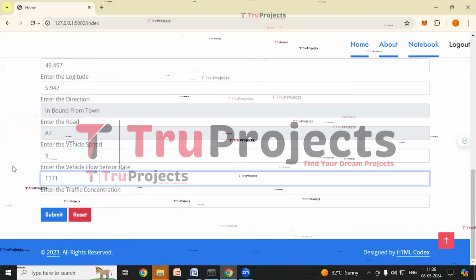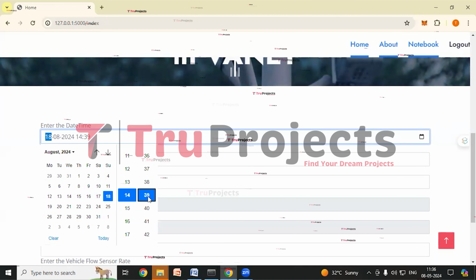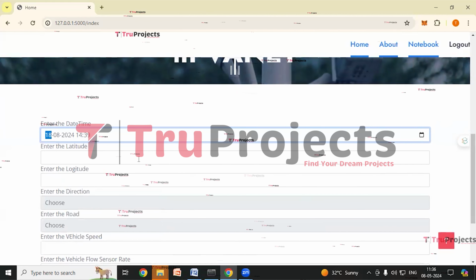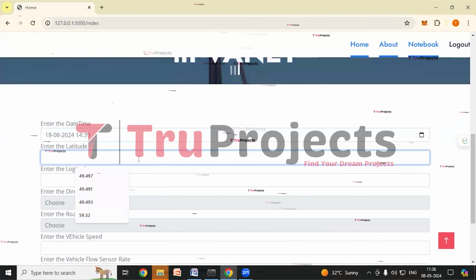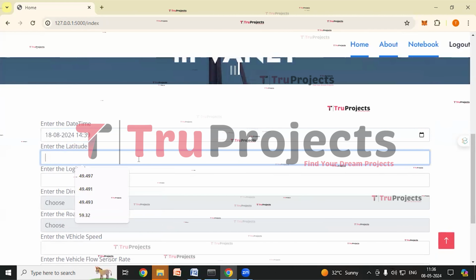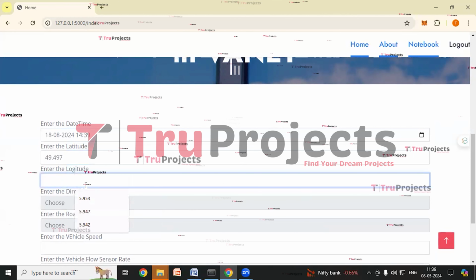Here we can see the result that is based on the speed and vehicle count. The network traffic is impossible. Click on home link, select the date and time. So latitude would be 49.497. Longitude would be